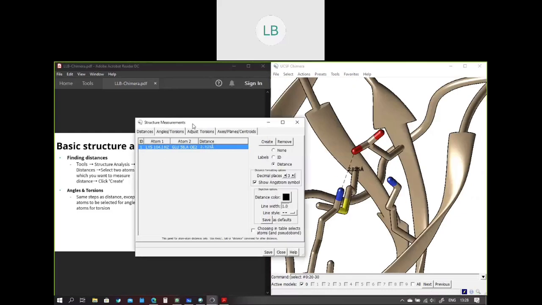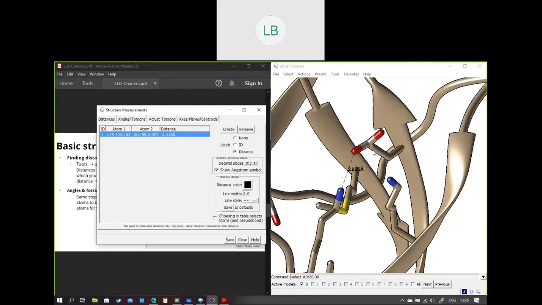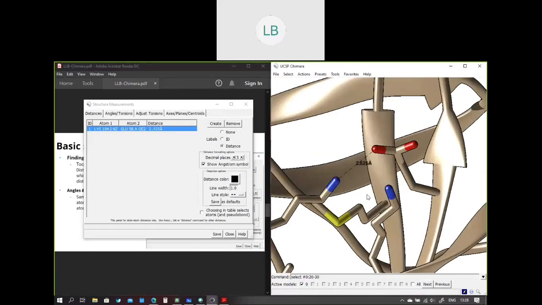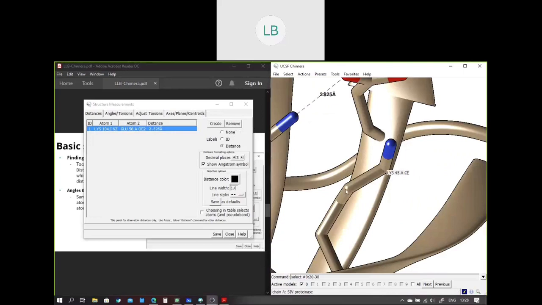So apart from distance, we can also find out the angle between a set of three atoms. Let's say I want to find the angle between these three particular atoms: lysine 45 nitrogen, lysine 45 carbon, and lysine 45 carbon D again. So I'll choose these three atoms.